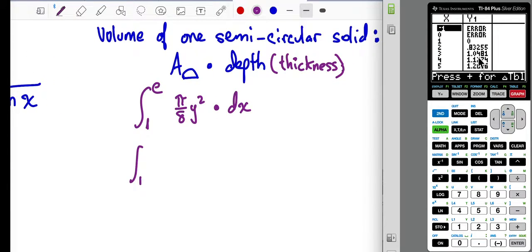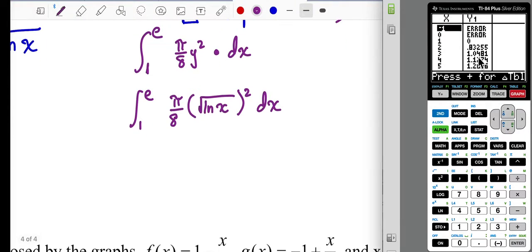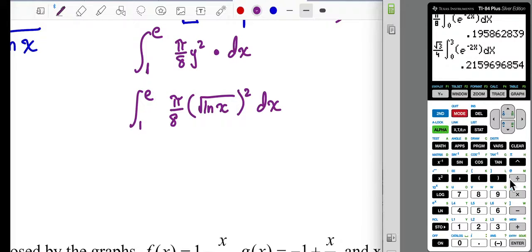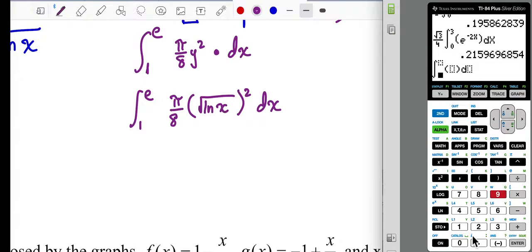So over the interval of 1 to e, pi over 8, the square root of ln of x, quantity squared dx. So that can go right into the calculator if we want. There's nothing wrong with that. Math 9, 1 to e,